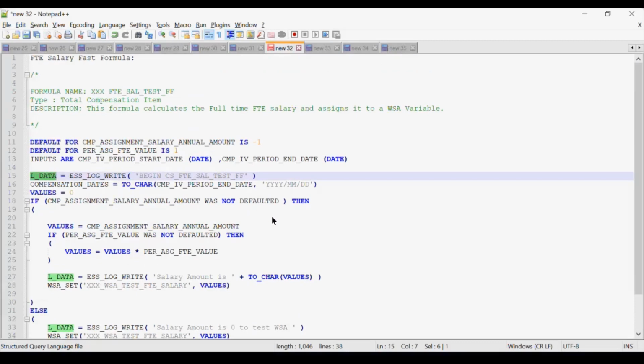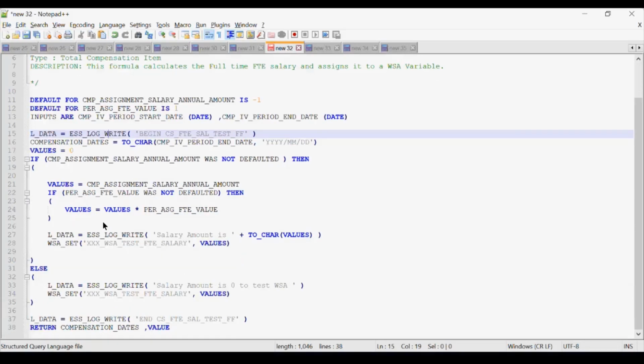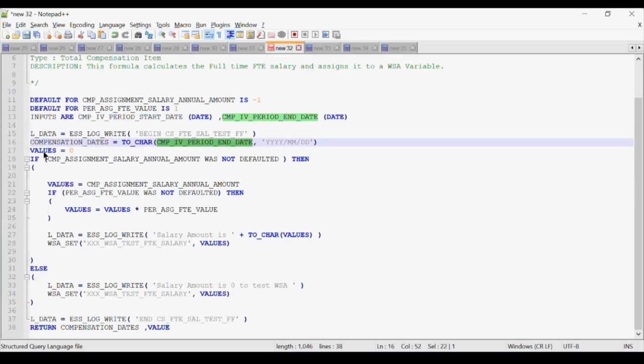If you can see, I have used log writing wherever it is possible, because you can use this ESS log write. You can print this in the log file to validate the result. That's for validation purpose. Here, these are the two database items, and input variables are start date and end date, and compensation date I have taken as end date here.